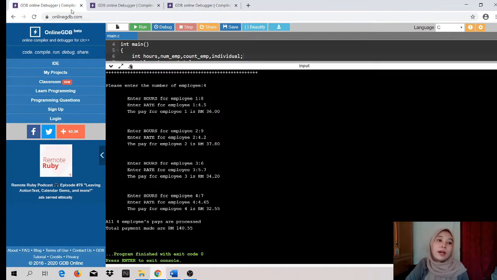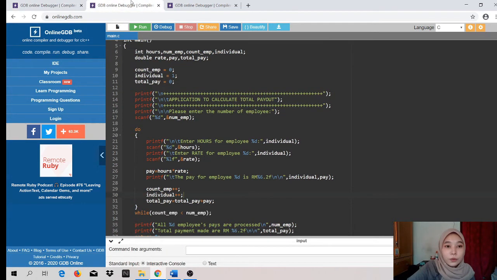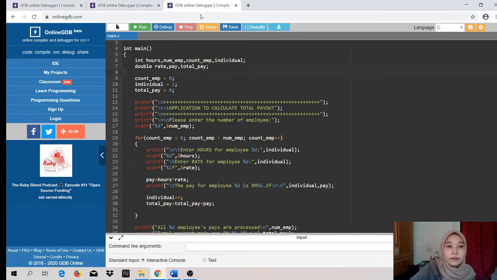As for while statement, it will check the condition first, then execute the statement. As for the do while, it will execute the statement first, then it will check the condition. And as for the for statement, it will, as you can see here,